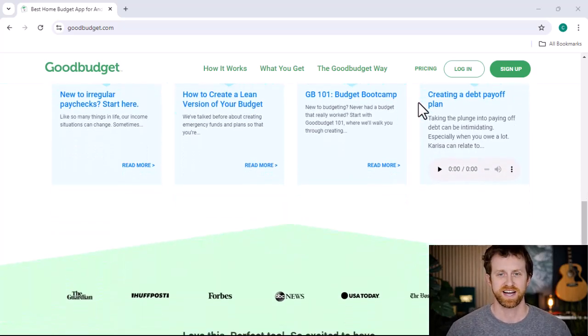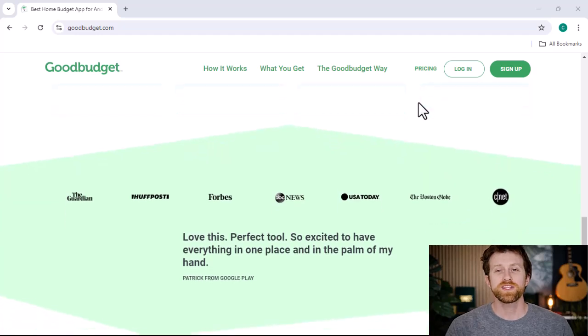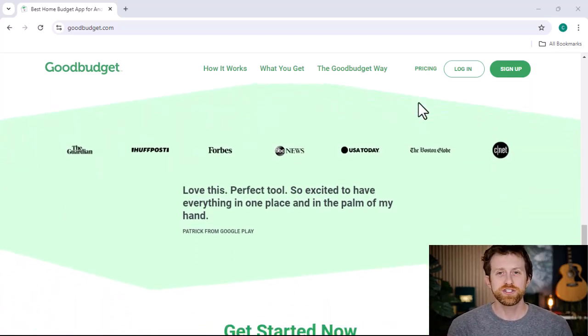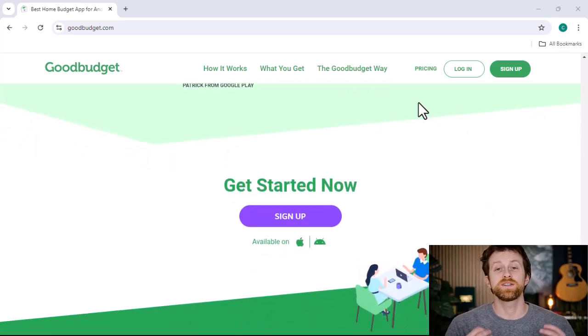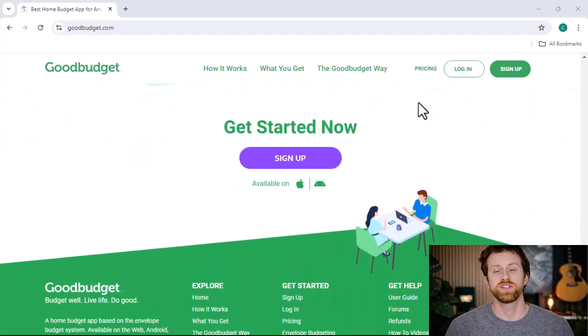There are two primary reasons why Goodbudget is designed this way. First, it forces you to actively engage with your money. When you manually enter every purchase, you become much more aware of your spending habits, which naturally helps you stick